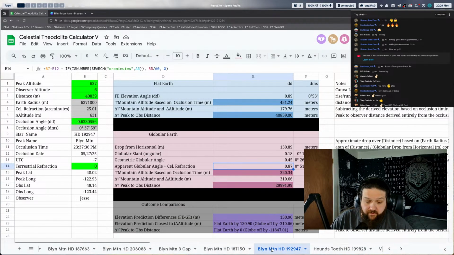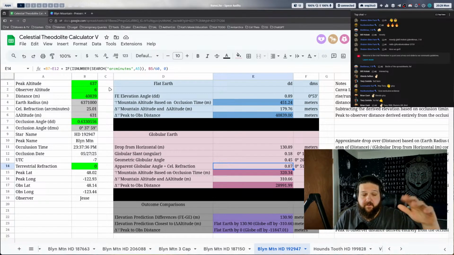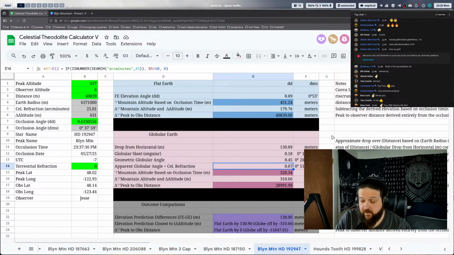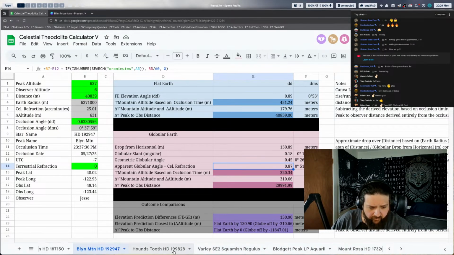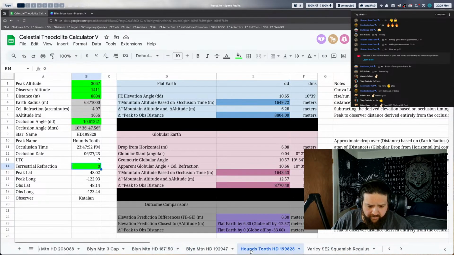Yep. Yeah, what you're going to see here. So again, this was just more blends at different elevations, and with respect to the occlusion timing. So he was adjusting the elevation of the peak essentially to fit where the occlusion had happened. And again, if you want to do that sort of thing and you could back it up with a real world thing and have a ratio to your focal length and all that, I'm not going to be like, no, dog, you can't do it. Because I support that. So these are totally fine. So we absorb all the Blend Mountain measurements.